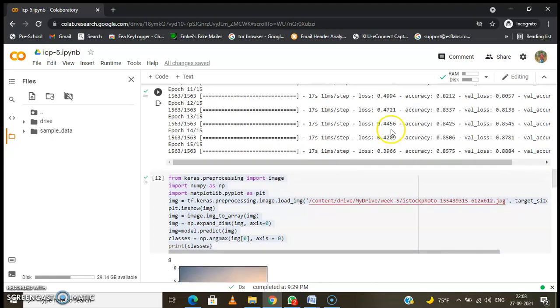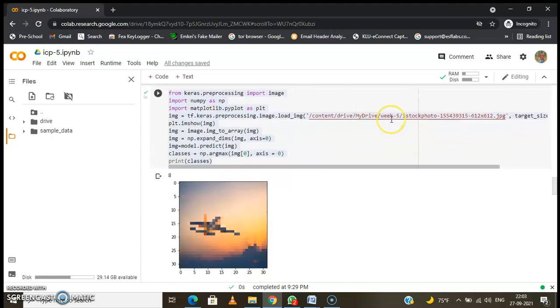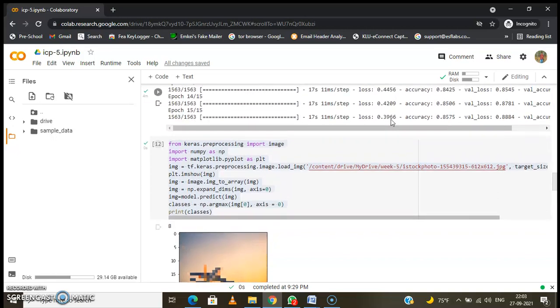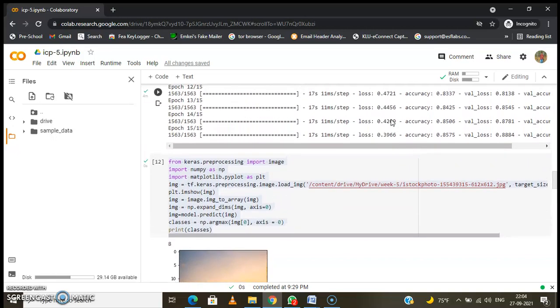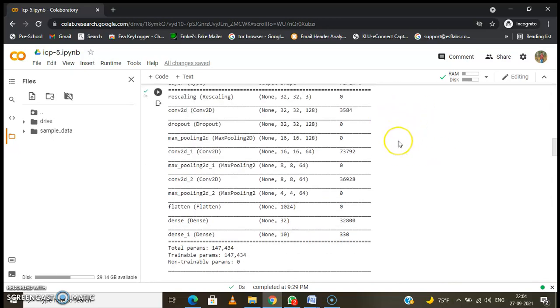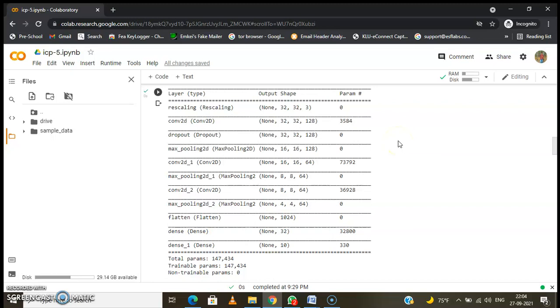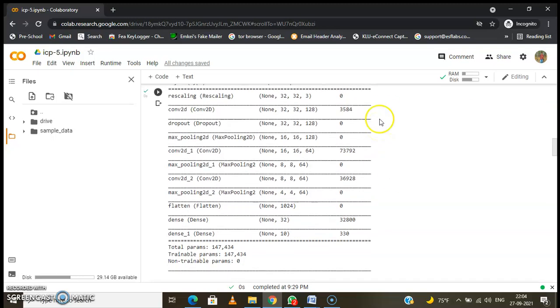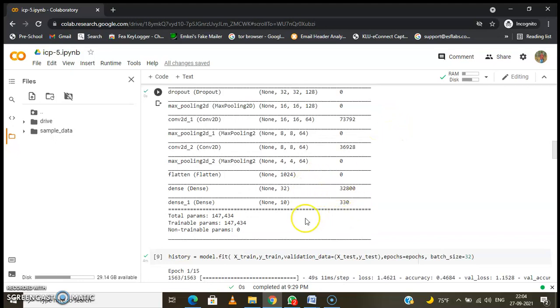For the second model, to see how the performance changes over the same data, we created the model as given in the question. This is the summary of the model. We have added many convolution layers, dropout layers and max pooling layers, and we also use flatten and dropouts. At the end, we created a dense layer with 10 outputs, as the number of image classes is 10. Then we fitted the model on the data the same way we did for the previous model.